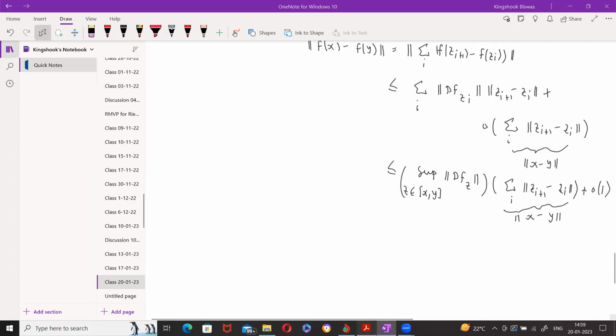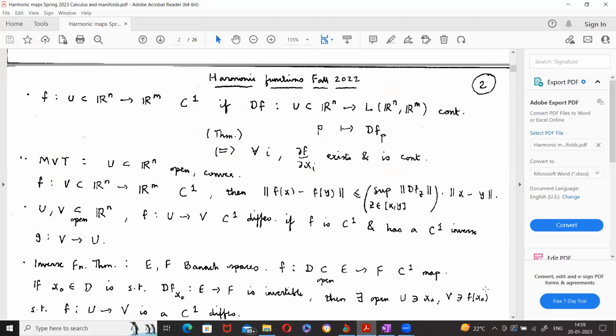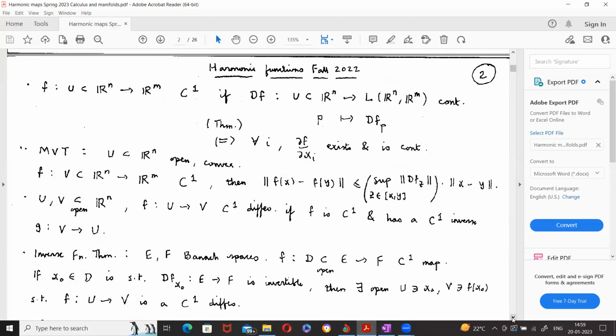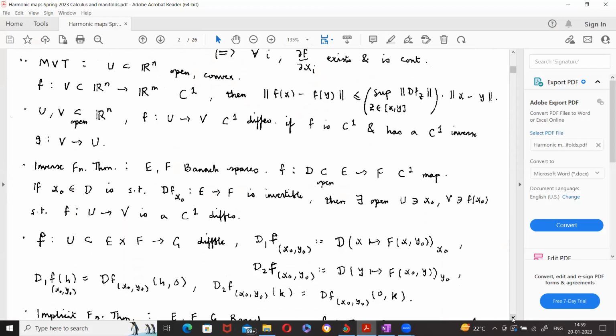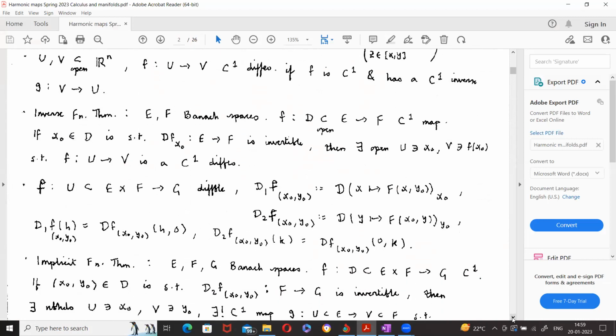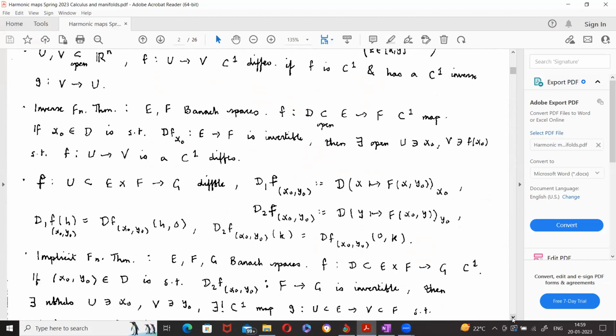So then I want to state something which we'll use in its full generality, the inverse function theorem for Banach spaces. Towards the end of this course, we will actually need it in infinite dimensions for Banach spaces. So if f is a C1 map from an open subset D of a Banach space E to a Banach space F, and if there is a point x0 in the domain D, such that Df at the point x0